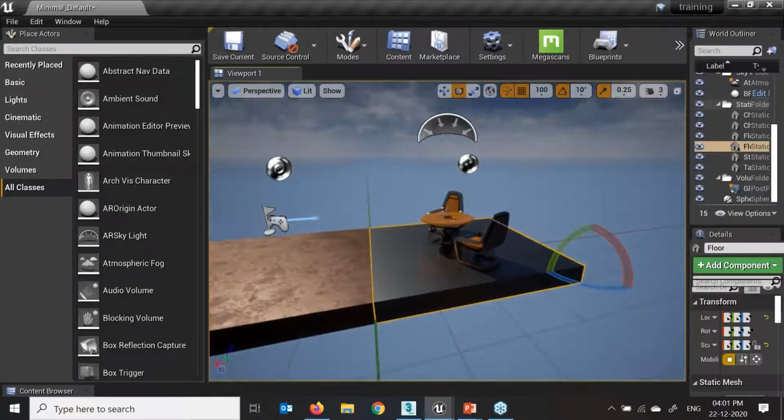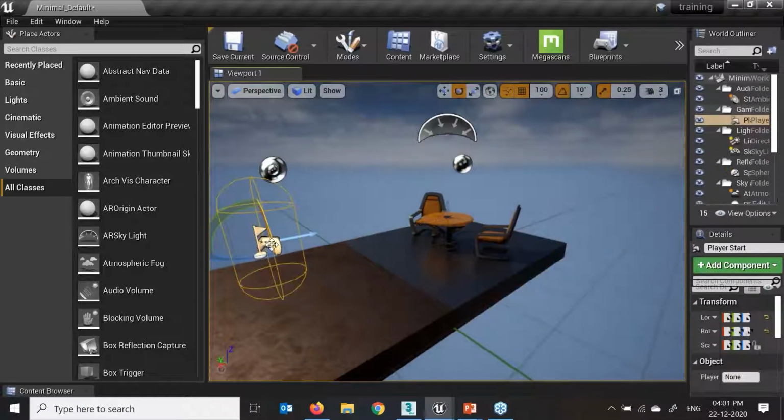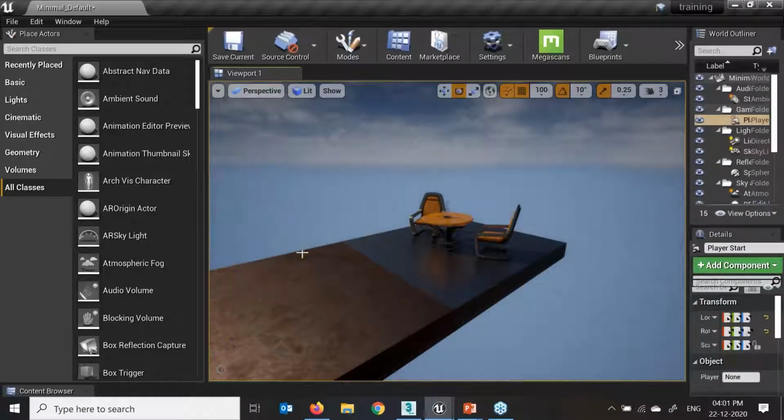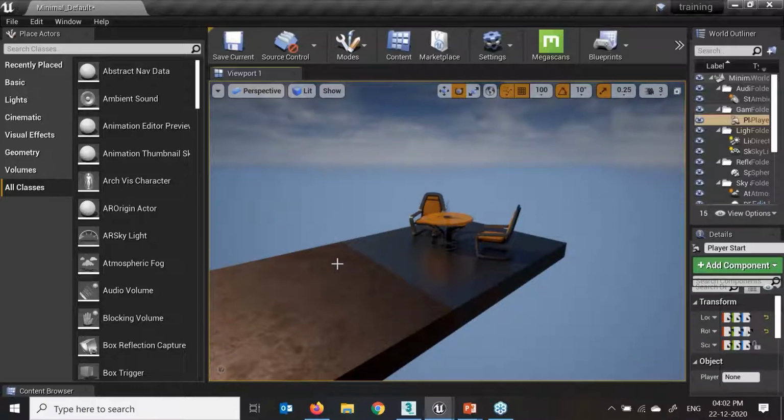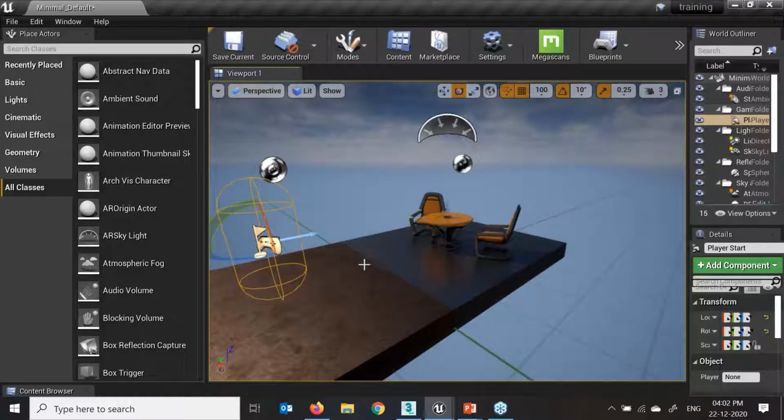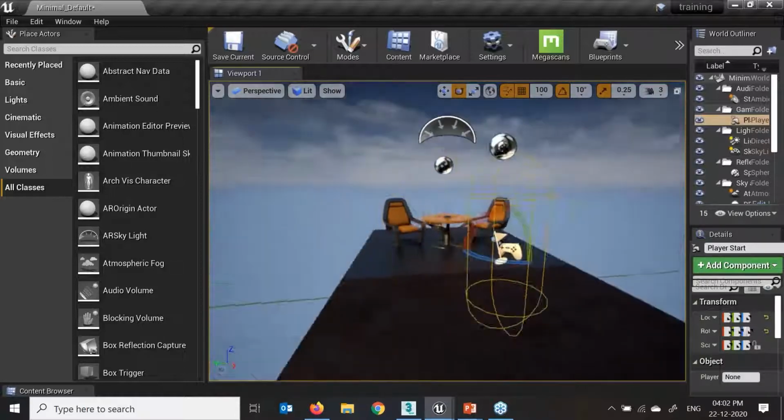Now here we can see these different objects. They're already there in our project. This is the game start player. If I press G, I'm in a game mode. I'm not able to see the skylight and directional light, which I have used in my default project. This is the game view over here. G is a shortcut key for on and off. Here we can easily turn on and off.